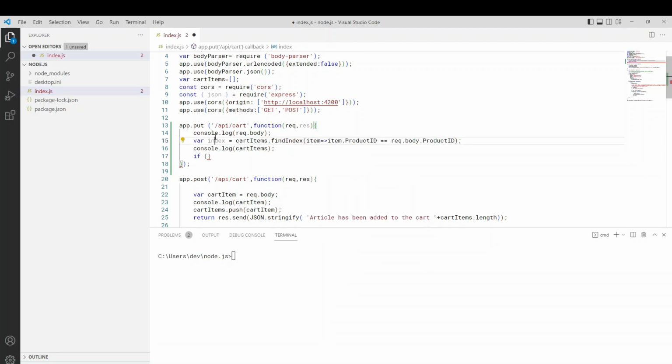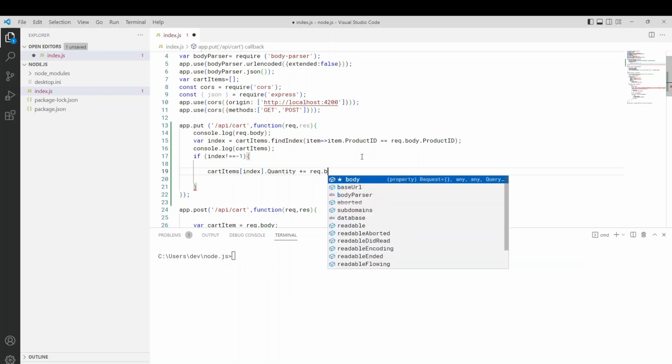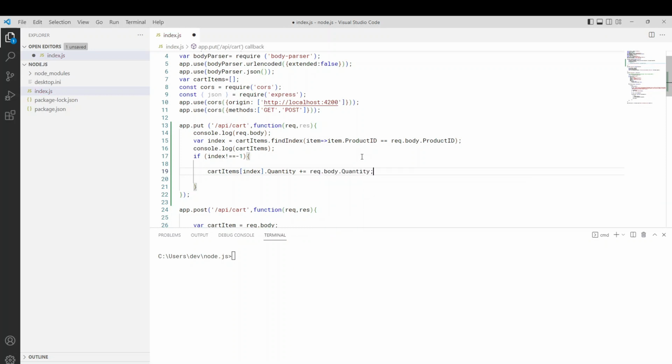And then if index not equals -1, set cartItems[index].quantity plus equals, so add quantity, request.body.quantity,